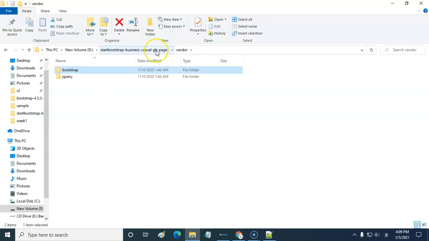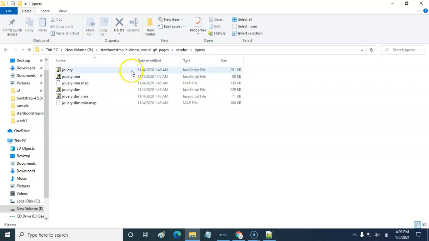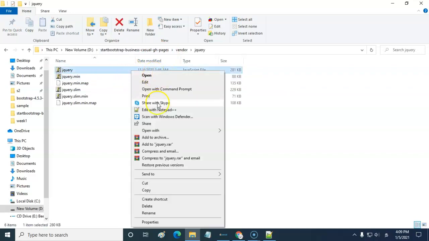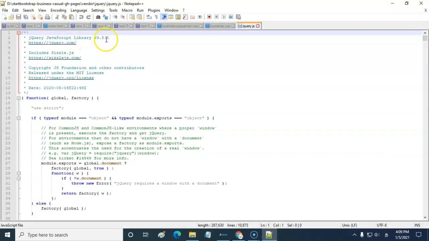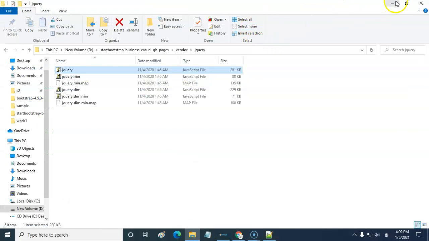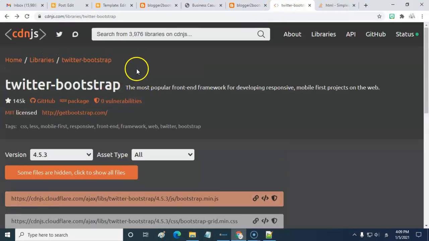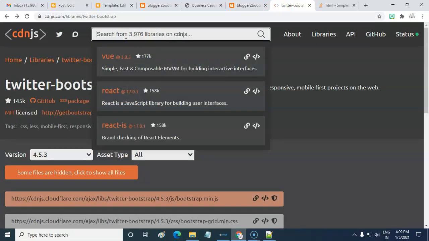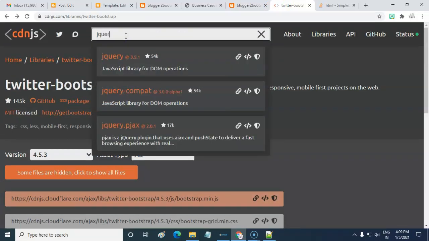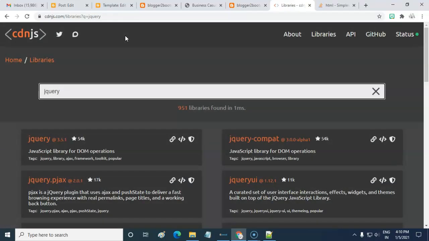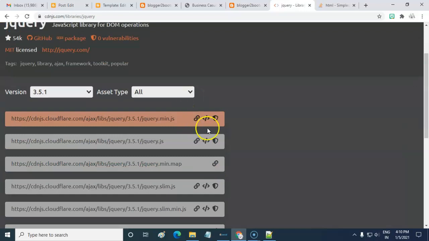Next, jQuery. Let me find the version of jQuery. Once again, let me use the CDN. Copy the script tag.